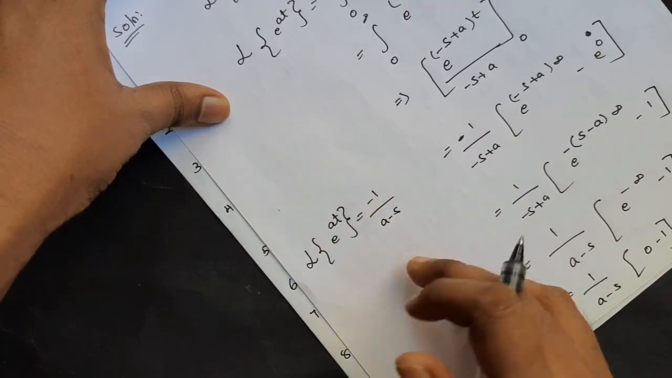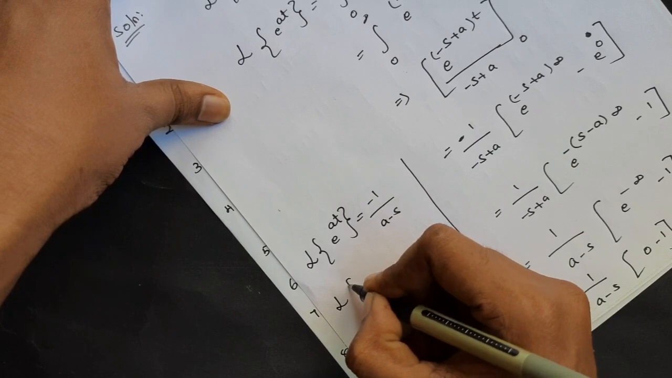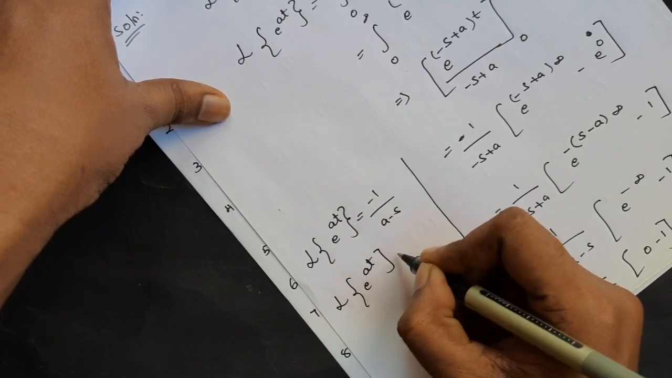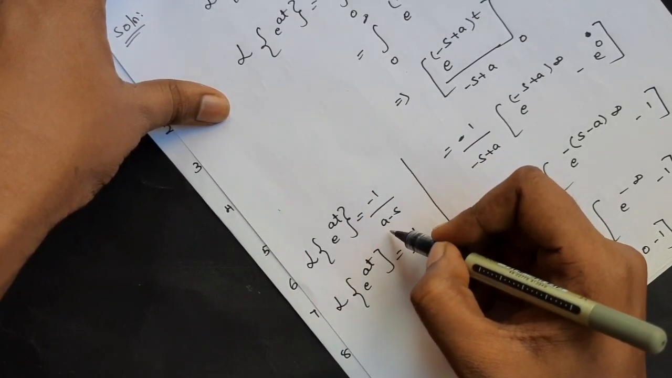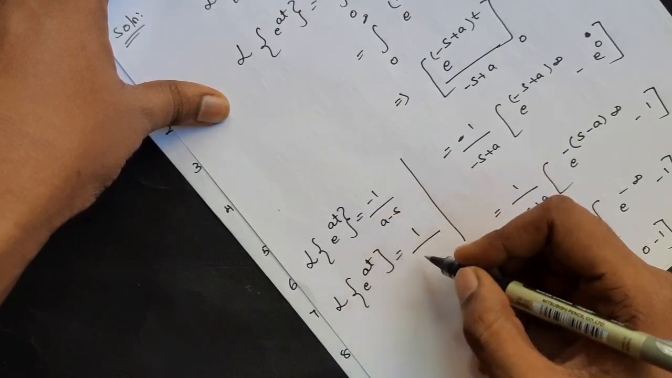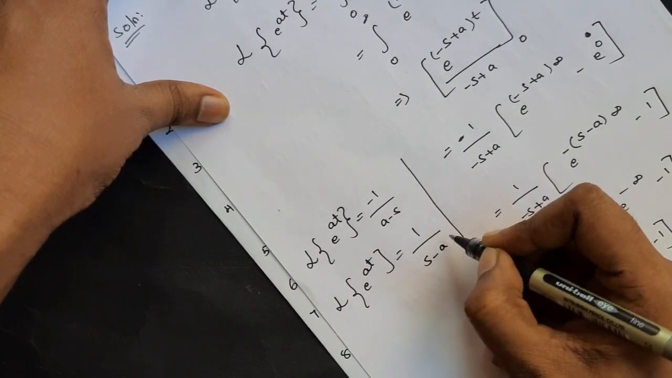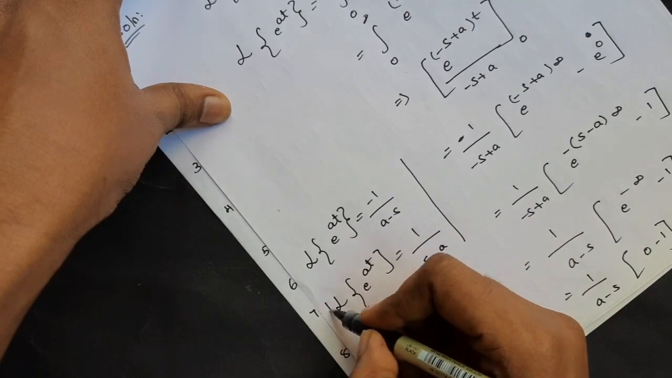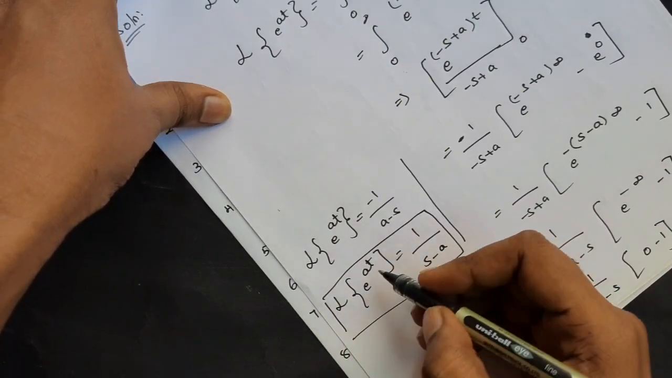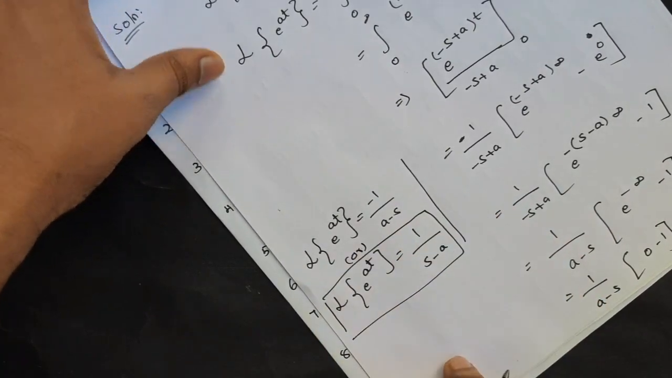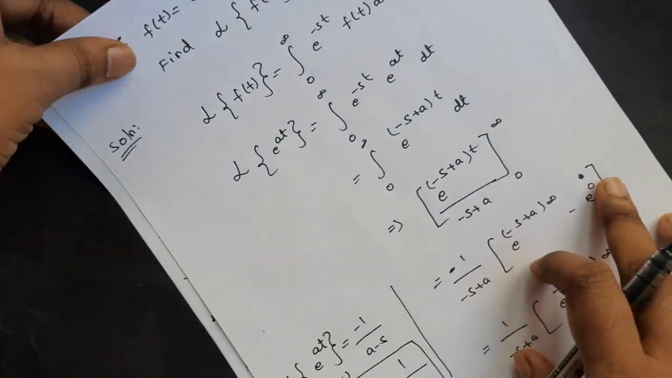You can write it like this, or Laplace transform of e power at is equal to 1 by, I am moving this minus to the denominator, 1 by s minus a. You can write it like this or this one, anything, it's fine. Okay, so this is e power at. Similarly,